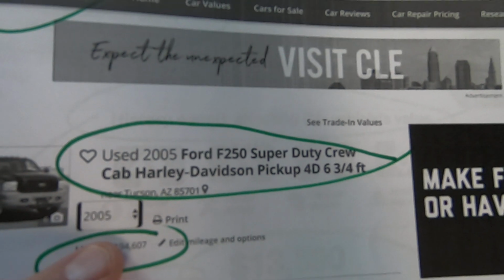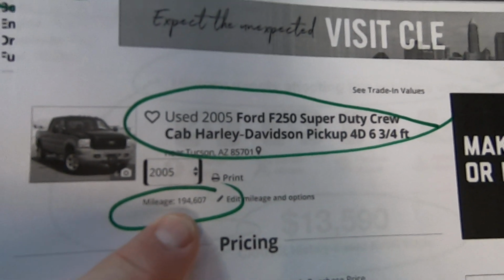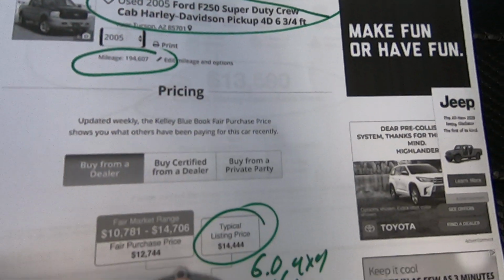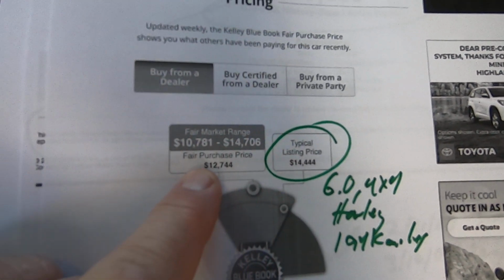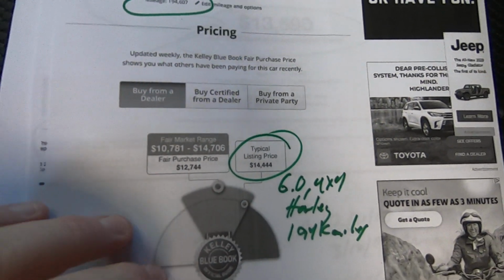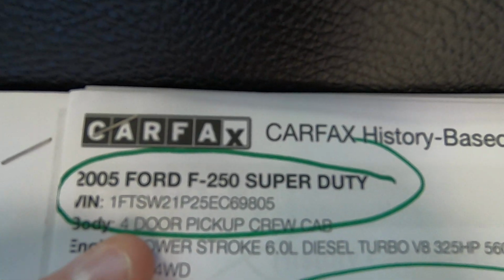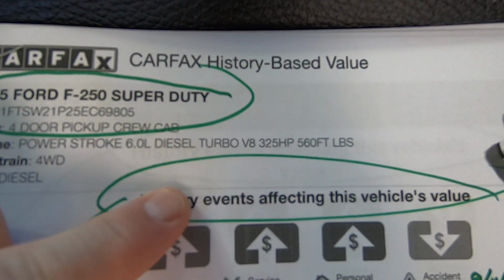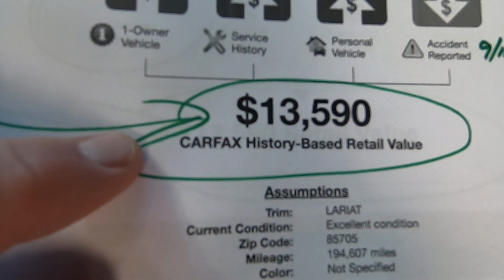All right, here's the Kelley Blue Book on the truck. Let's see, 194,607 miles on a Harley Davidson truck. Typical listing price would be $14,444 with a range of $10,700 to $14,700. That number seems low. Maybe it's because this truck is so pretty, but it really seems low. Here's the Carfax, history and events affecting the vehicle's value. They blend the Carfax and the Kelley Blue Book, and they come up with